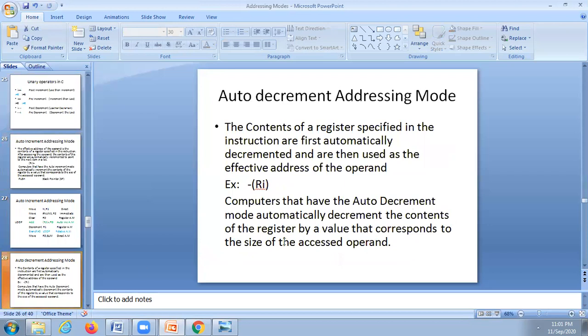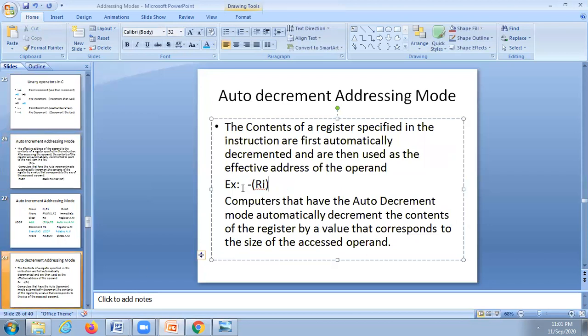Then this auto decrement. What is the meaning of it? This is pre-decrement. Pre-decrement means first decrement, then use it. The contents of a register, that means in RI, specified in the instruction are first automatically decremented and then used as the effective address of the operand.